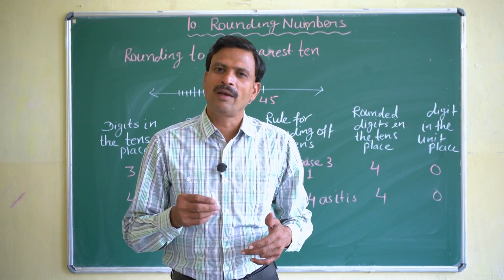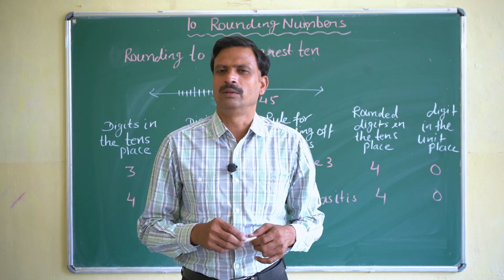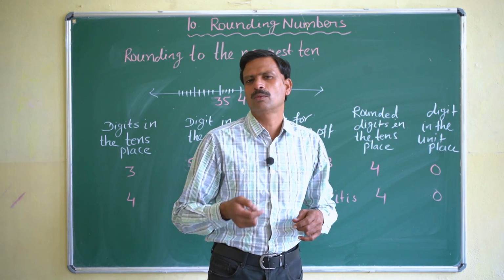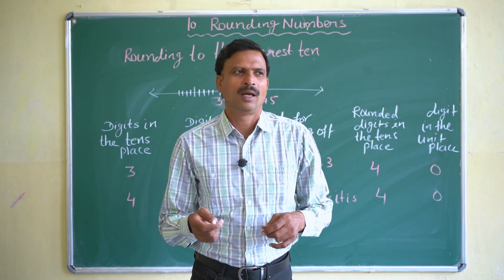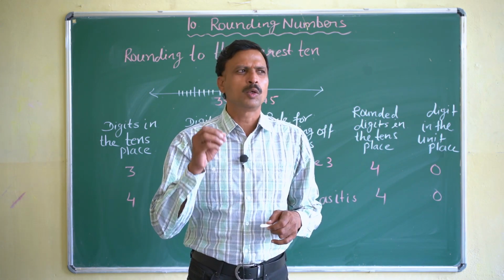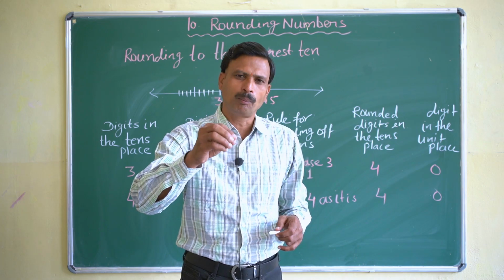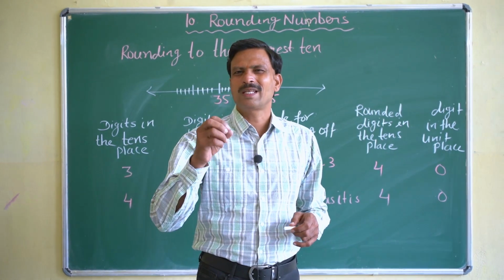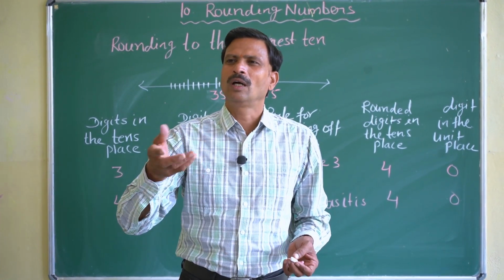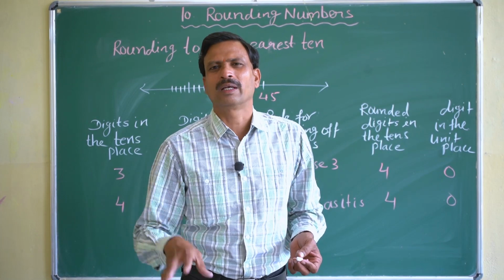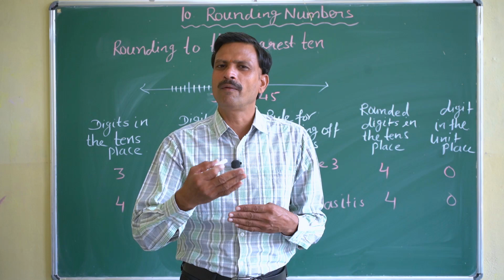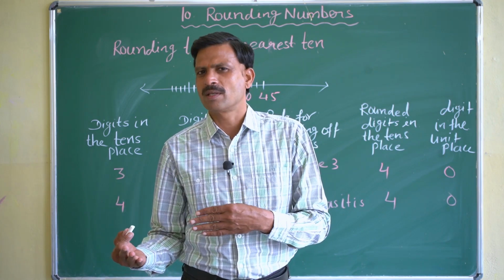in our daily life also we are using this word, round off the number. For example, suppose you are going to the market to buy something and the cost of the article is 51 rupees. Instead of giving 51 rupees to the shopkeeper, you'll say take 50 rupees, because 1 rupee change is a problem. So the shopkeeper will also agree, okay, let it be, give me 50 rupees. So what we have done, we have rounded off 51 to 50 rupees.